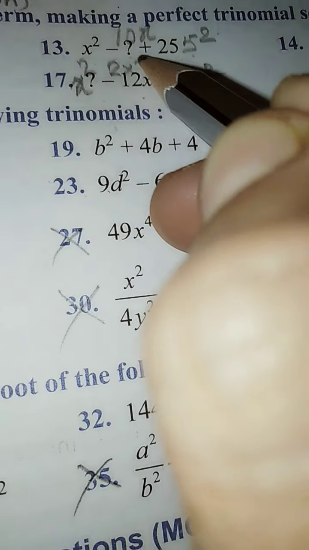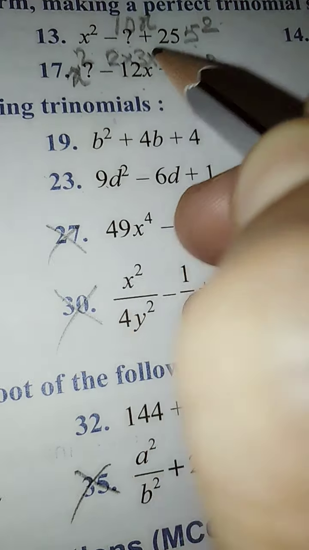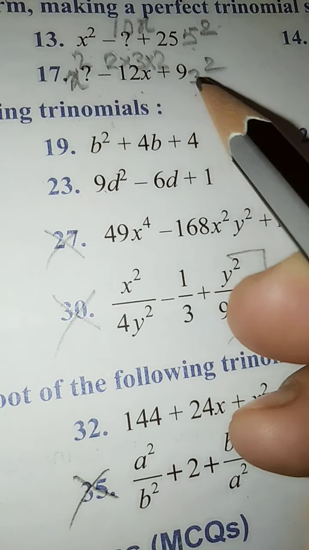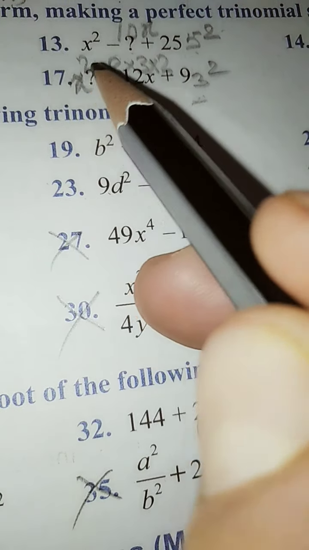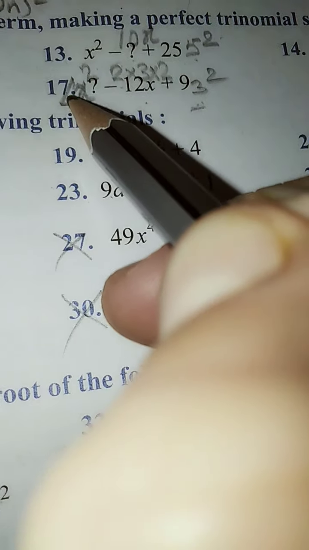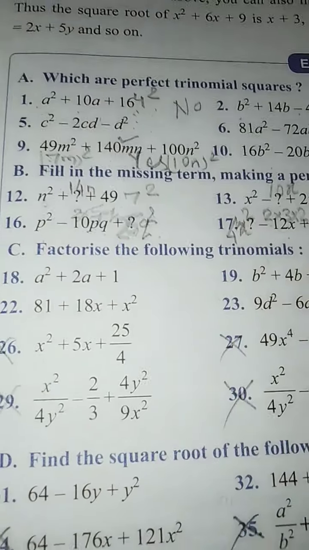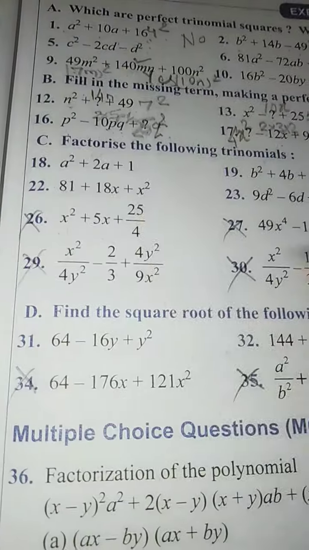So 2 into 3 is 6, and we are left with 2. So here we have 3 also, and 2 is in 2ab. So here it should be 2 square, that is 4. So 4x square. This is how you are going to do these fill-in questions. All the questions you have to do in your notebook properly. Now next is